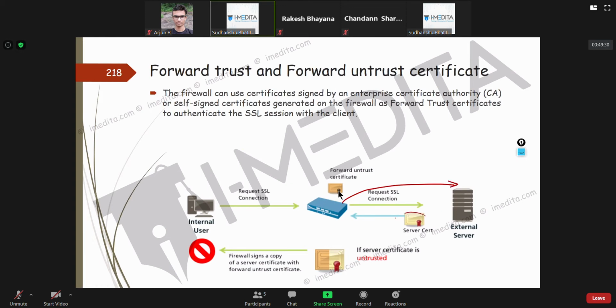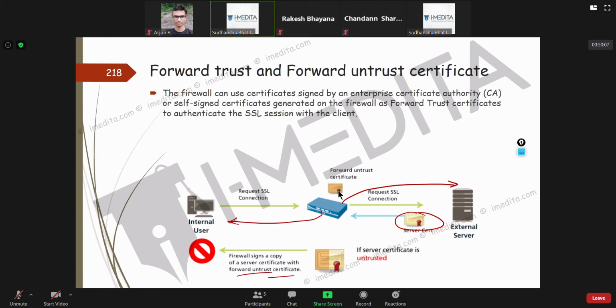When the firewall got the server certificate, if the certificate is untrusted, like an invalid certificate, it will basically give this guy back a signed copy of the forward untrust certificate. Did you get the point? So that this user gets an error message on their browser saying don't open this website. Are you getting my point?